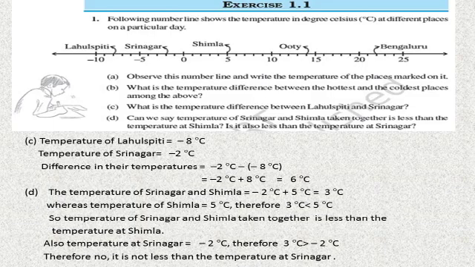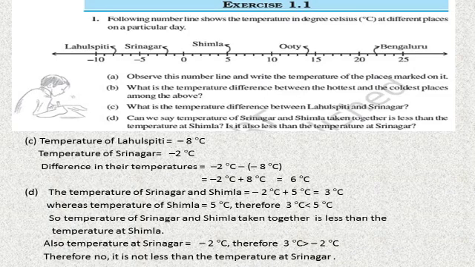So one more thing I told you, on the number line, any number which comes on the right of the other is always bigger. So Srinagar's temperature is minus 2. It comes on the right of Lahul Spiti, that is minus 8. So minus 2 is bigger than minus 8. Similarly, in the line, difference in their temperatures, minus 2 degrees Celsius minus of minus 8 degrees Celsius. Again, following the same rule, if there is subtraction in between the two integers, then we have to change the sign of the second integer. So second integer being minus 8 will now become plus 8.